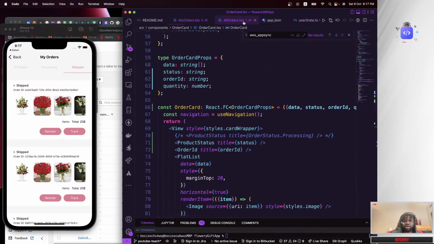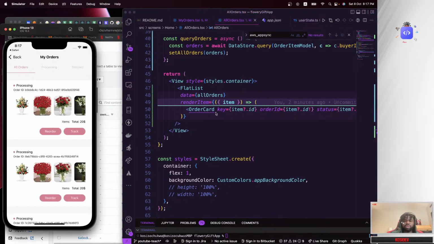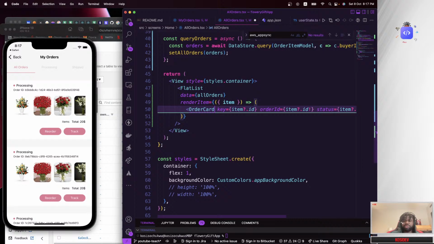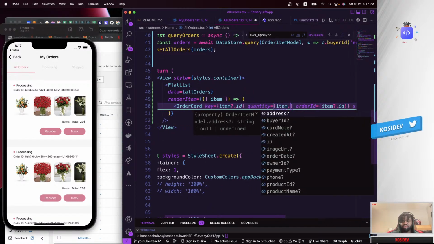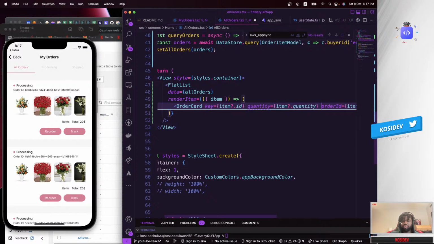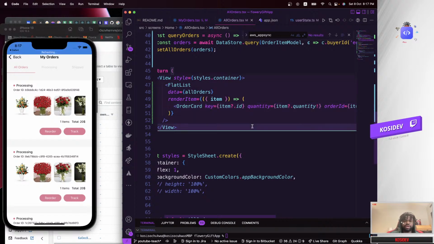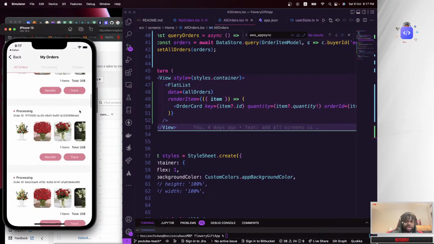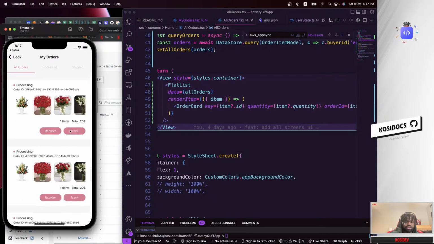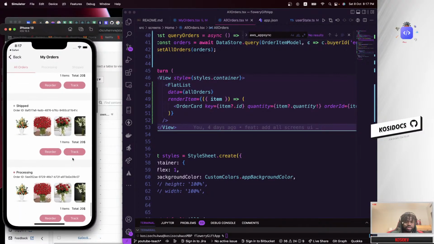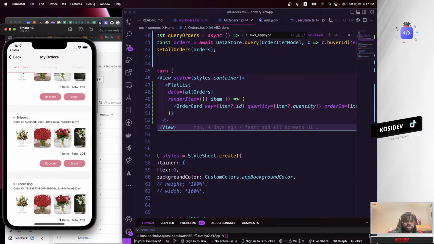So let's start with the all items. So all items should have a variable called quantity. Quantity should be equal to item dot quantity. There you go. And we need to first unwrap this, and if you save that, now you can see the quantity of this item is 1, the quantity of this item is 1, the quantity of this item is 1. I think there are some items where we have 2 quantities or 3 quantities, I don't know. Let's see. Okay, there's none. There's no item with two quantities.